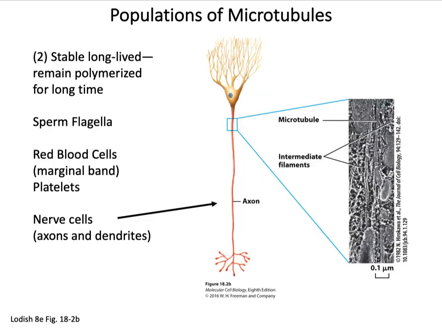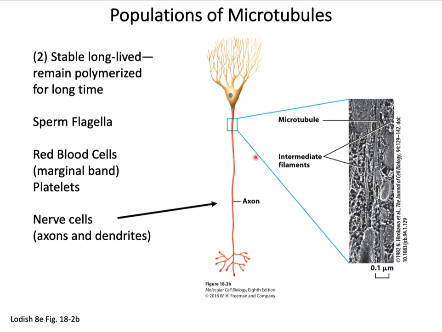But there are stable and long-lived microtubules that remain polymerized for a long time. And in some cells, especially in non-living cells, they remain polymerized forever. You can see these kinds of microtubules, which never change their length, they never shrink or grow. You can see them in the flagella of sperm cells. You can see them right below the plasma membrane of the red blood cells, which is known as the marginal band region. You can see them in platelets,